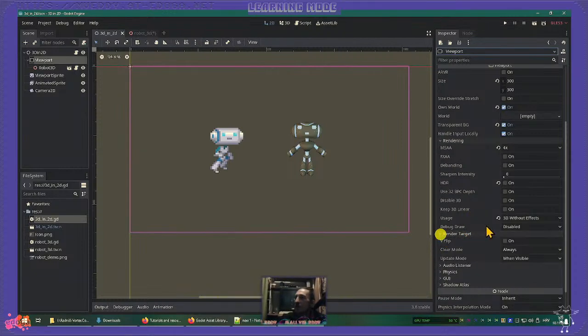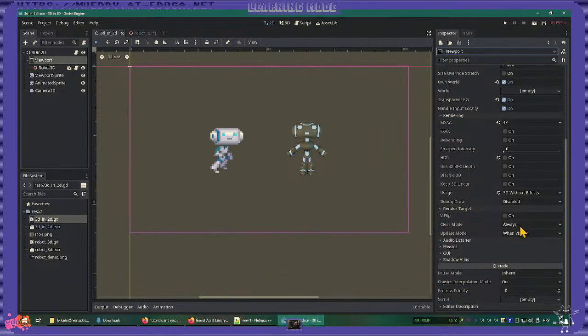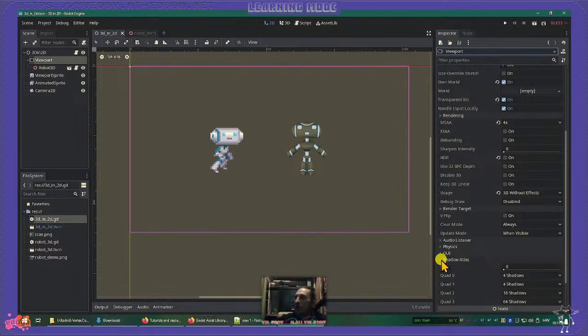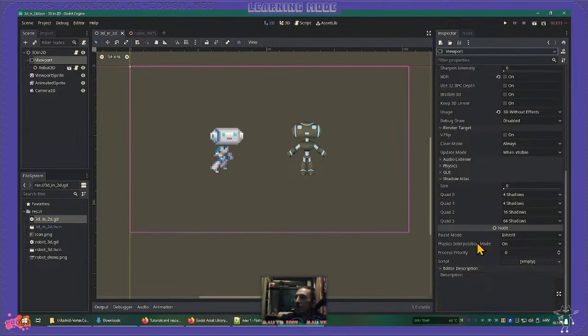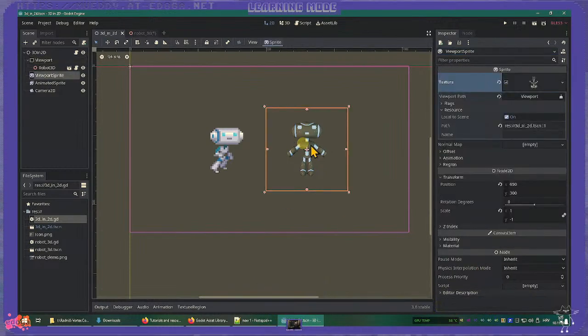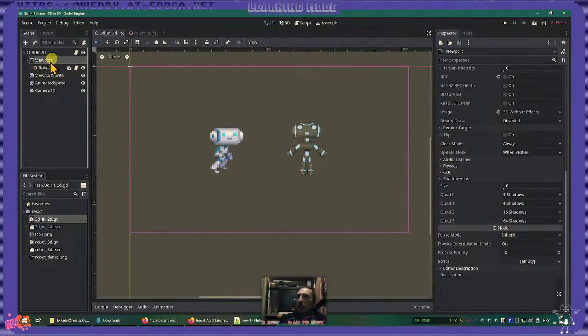Render target. Clear mode, update when visible. Audio listener, physics, show atlas. Pause mode, script empty, edit description. That's the main viewport. So how